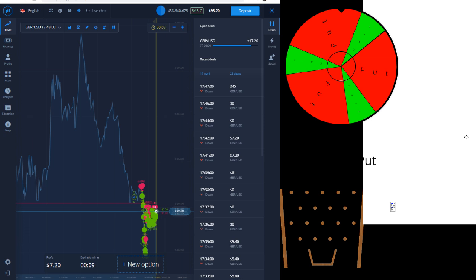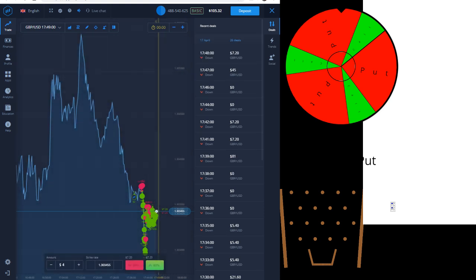Because if you go out of that structure, you will effectively make wrong choices. It's very easy to blow up the account. Spin the wheel